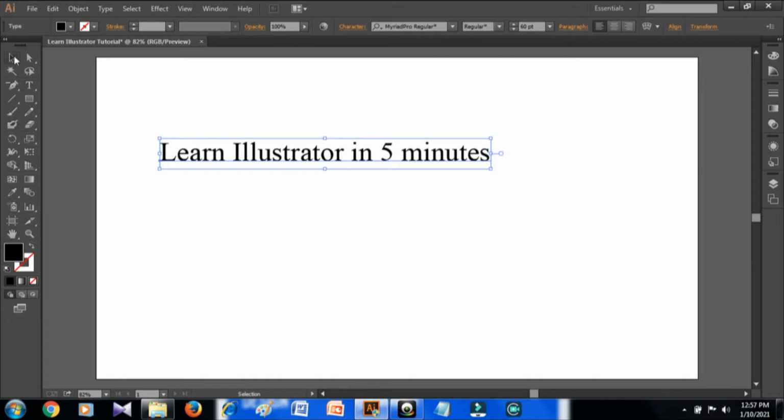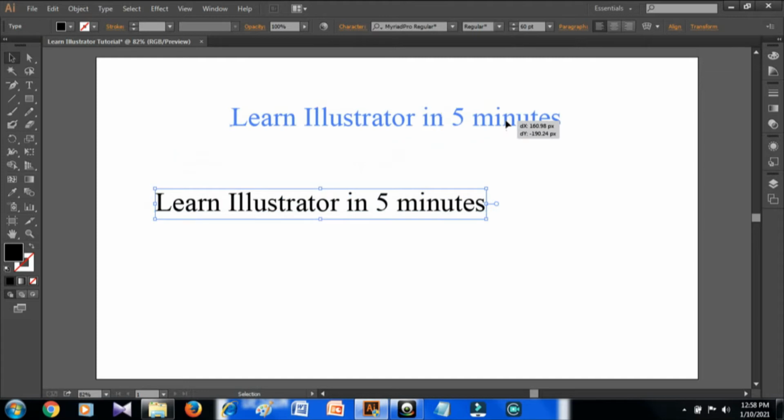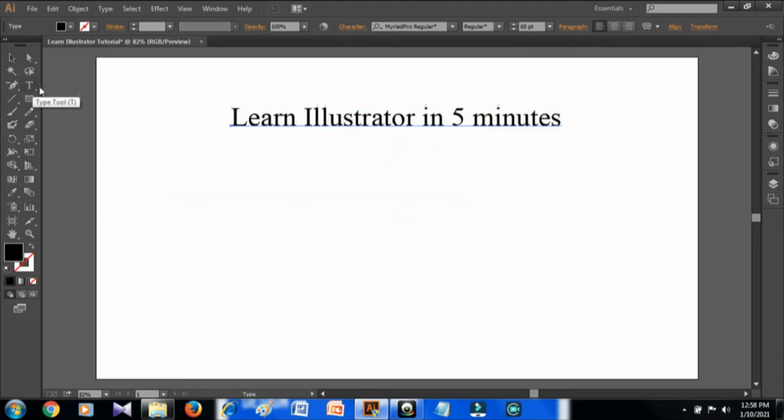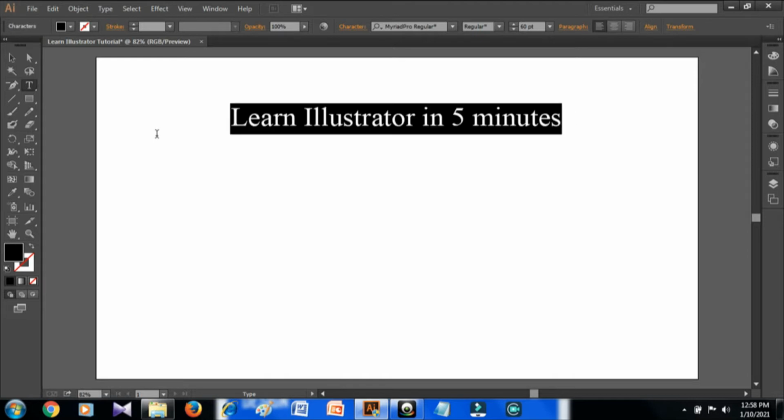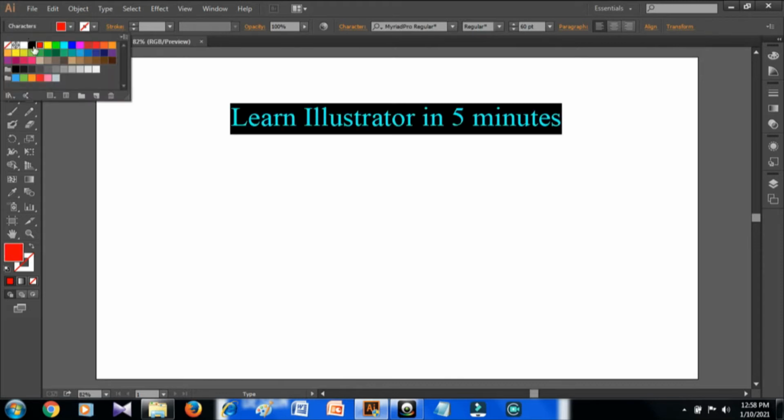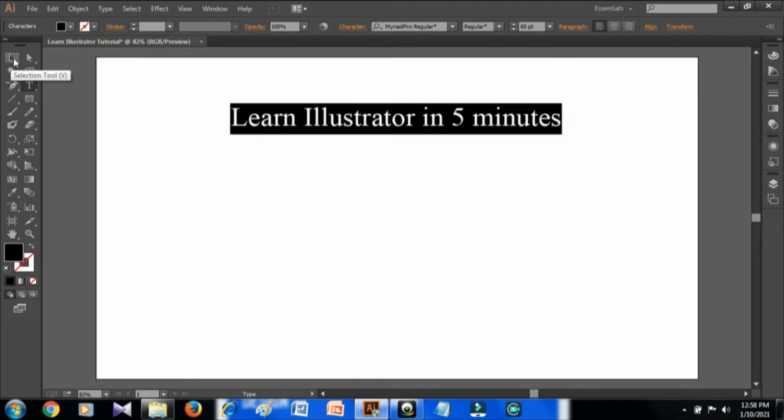So now this is the selection tool. I don't want to type again, so I click on this selection tool and I can easily move it around. You see, I can move it around with this tool. But if it was with this tool, I can only type. As you can see, I can type, delete words, or change the color. I'm going to leave it as black for now. So to move it around, I use the selection tool